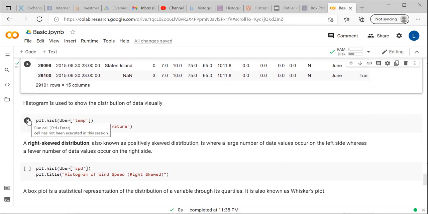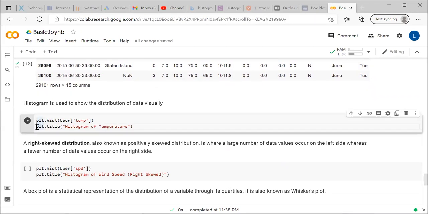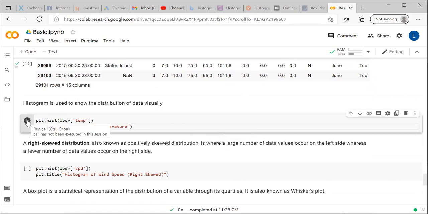Once you execute this code, if you want to know how to create a separate line, this is very simple, just press enter. If you press enter, it will create a new line in Colab, because in the earlier video we have not shown that, so that's why I'm showing it now. Execute that code.